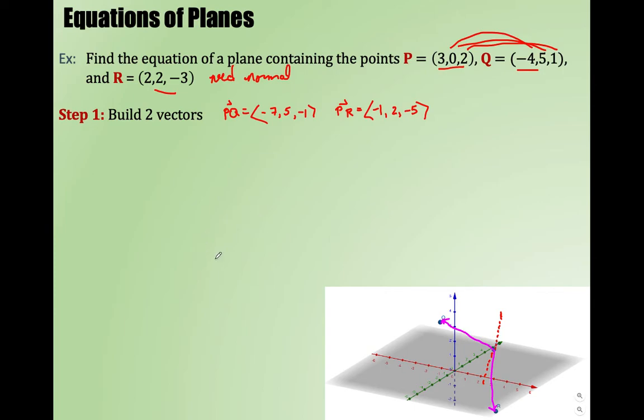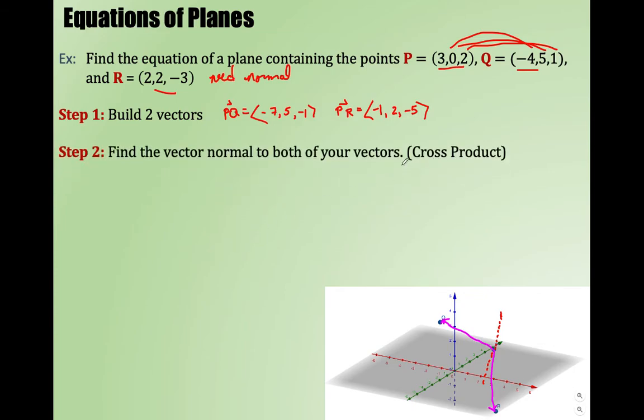I need a normal. I need another vector normal to these 2. Who gets that for me? Yep, you got it. The cross product. So remember, the cross product comes from a determinant. And it's a 3 by 3 where I, j, and k